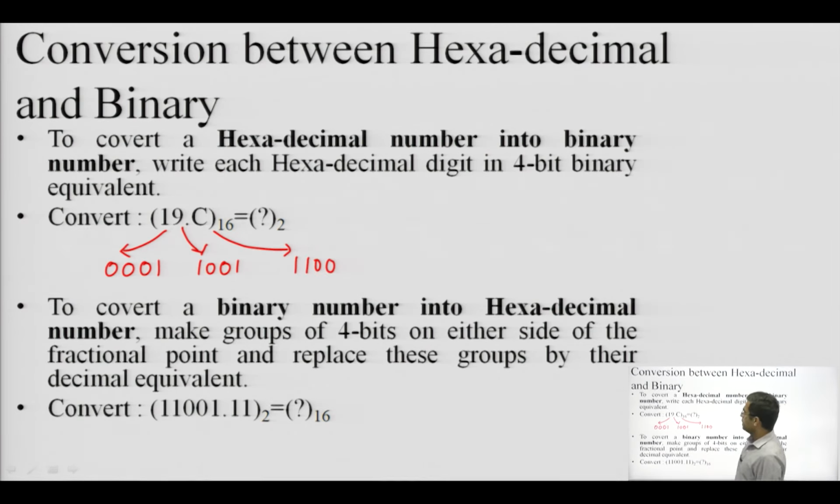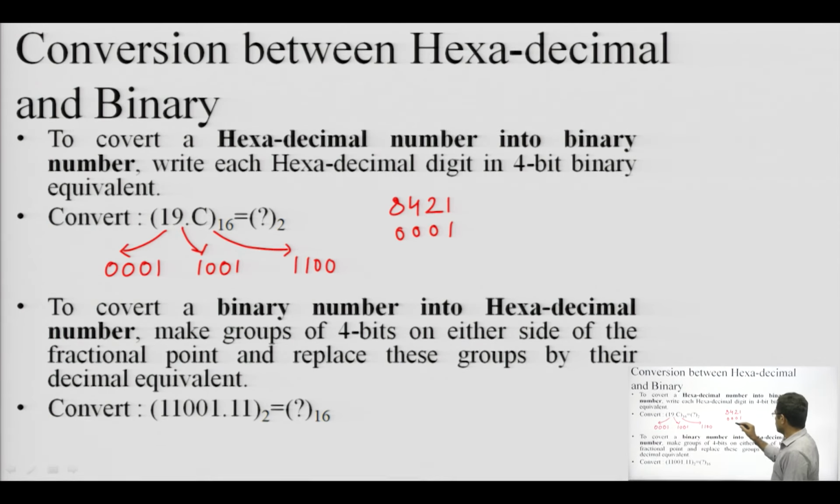Now, how are these written? I have written this using the shortcut rule 8421. You can check this. If I want to write 1, only the weight of size 1 will be required, and these 3 weights will not be required. That is why I have replaced 1 by 0001.